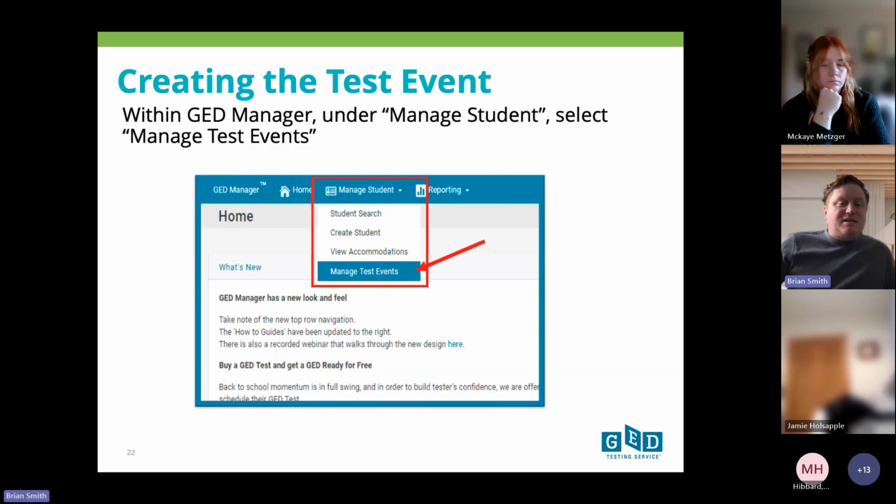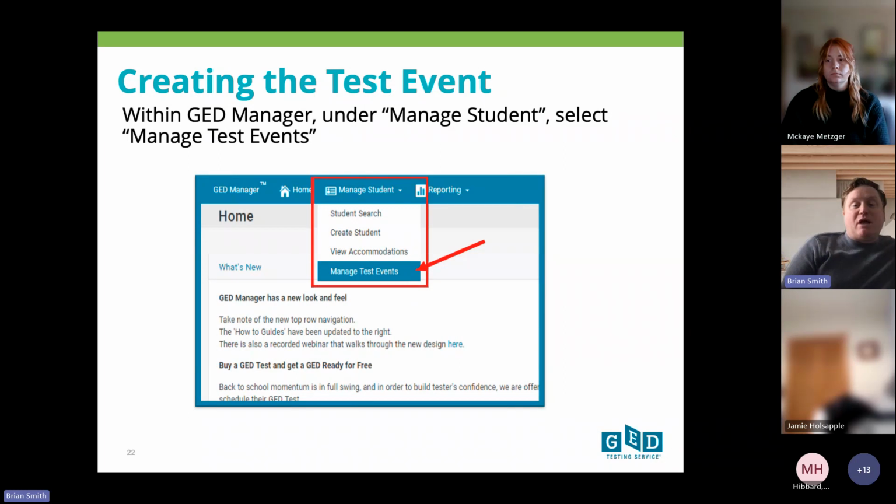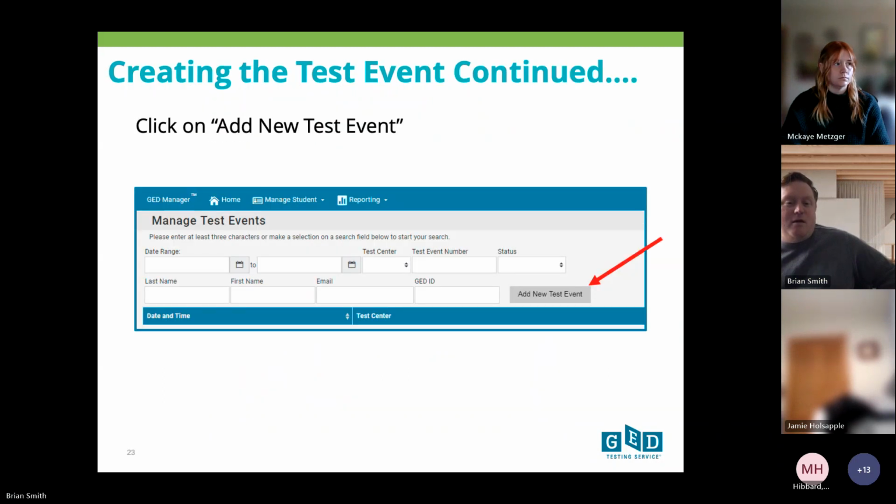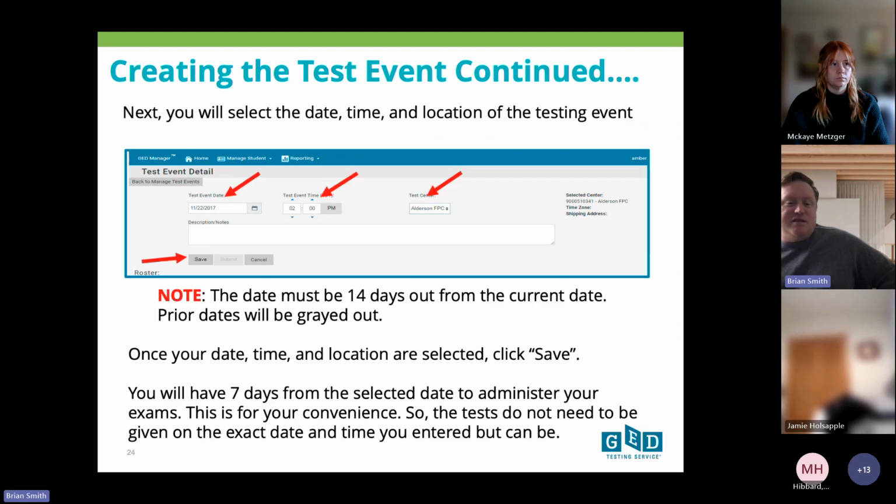So, creating the test event within GED Manager: under Manage Student, you're going to select Manage Test Events. This is going to allow you to create a specific test event when you're ready to test students. You're going to click on Add New Test Event, and you will select the date, time, and location of the testing event,